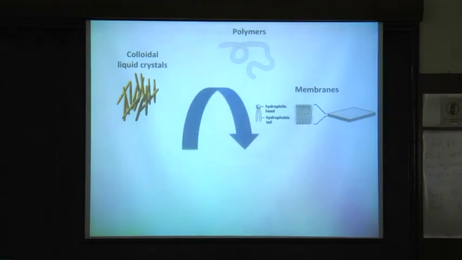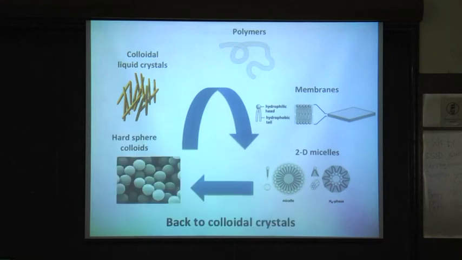So to summarize what I have done pictorially: I started with some rod-like colloids. I added polymers to make membranes, and then I doped them with shorter rods to make analogs of 2D micelles, which I then put back into colloidal crystals. And so now I can technically stop my talk, but I'll take 5 more minutes to show you